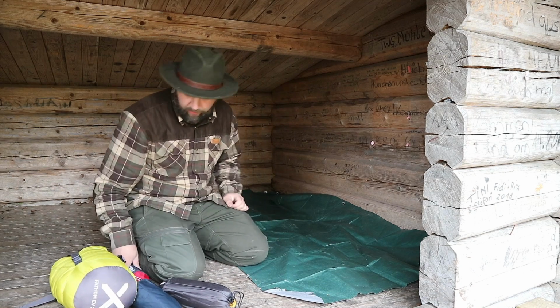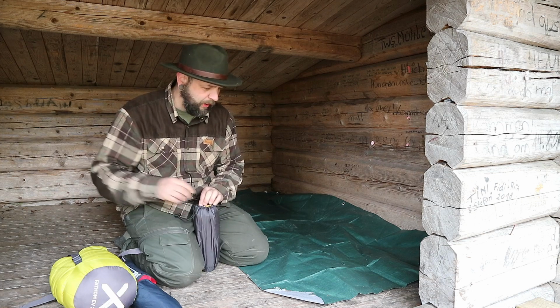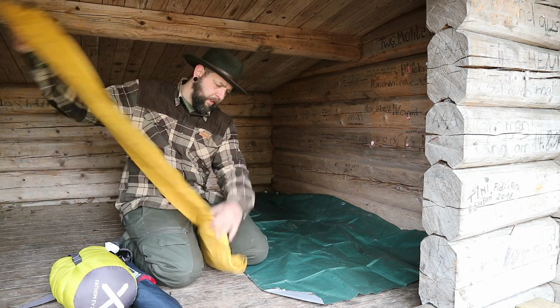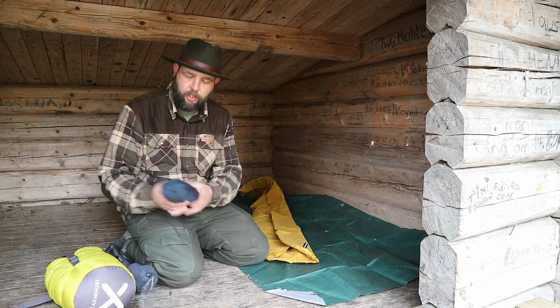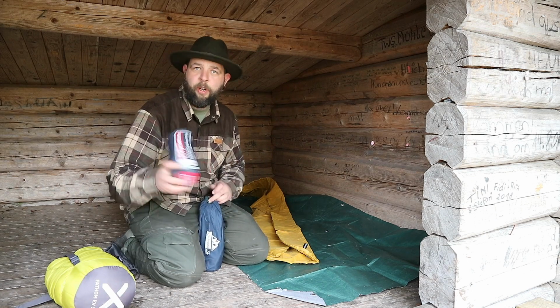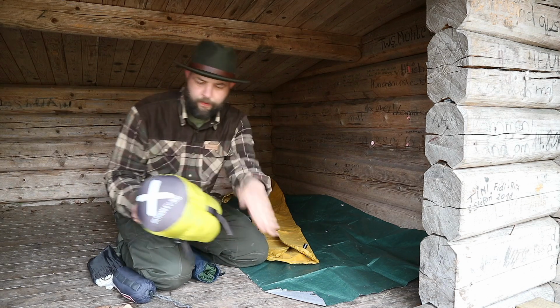So back in the shelter here, got just a ground sheet. I may as well put it down just in case. From a Thermarest X-Lite. Got Alb Kit Hunker Bivvy, a sleeping bag liner, polycotton one, and this is the bag I brought with me,